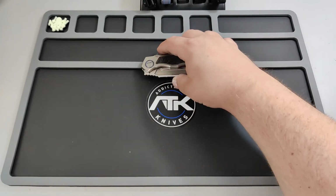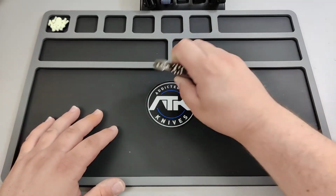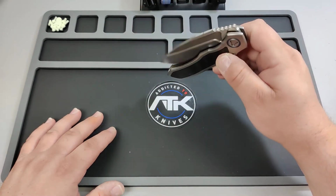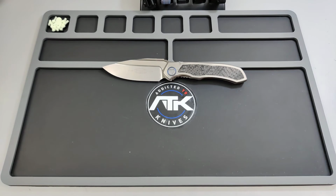So, do I still love the knife? I love the knife. I do. It's insane. I was thinking about letting it go, only because I want to get an Arius, a Koenig Arius. I did purchase one already, and I spent quite a penny, $800, and